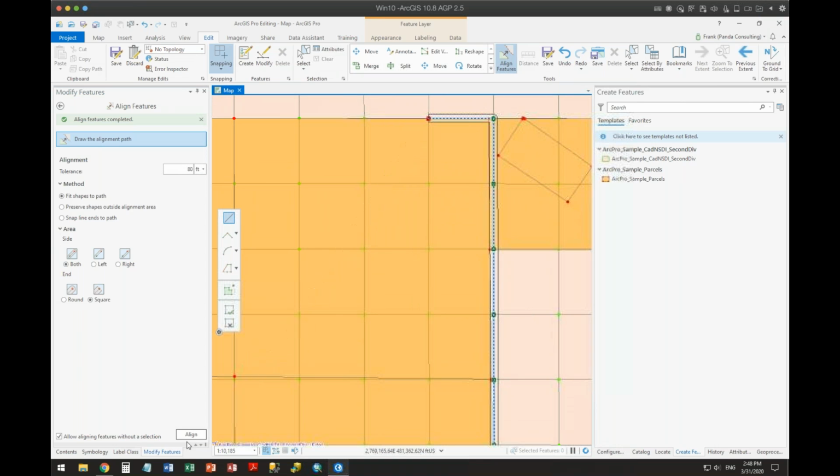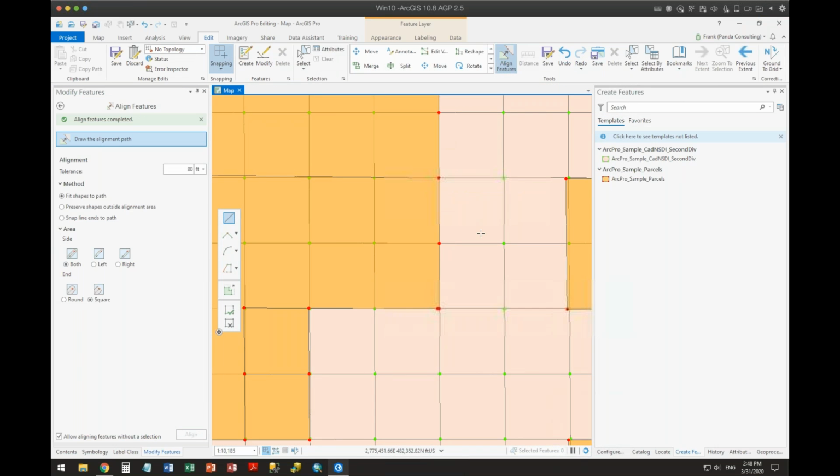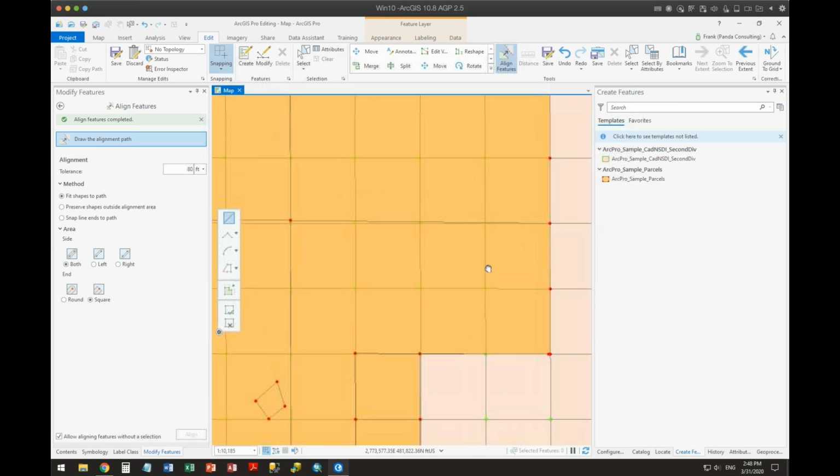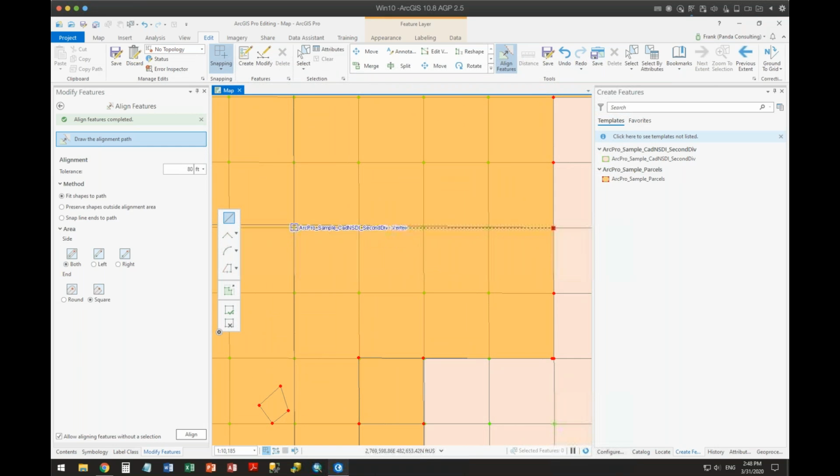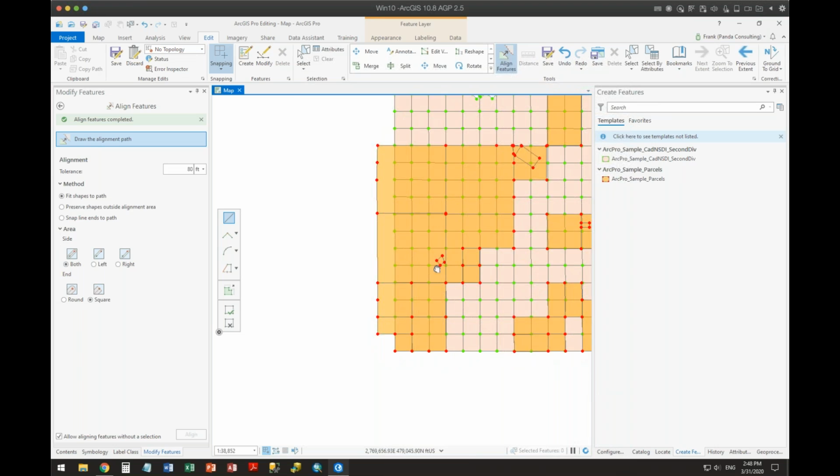So it will now take and align those all up inside of there. One single line. It not just worked on this layer, but it worked on any layer that is editable and selectable that I can see. All right, so again, if I were doing this, I could say go ahead and align all of those in there and clean up all of that data.